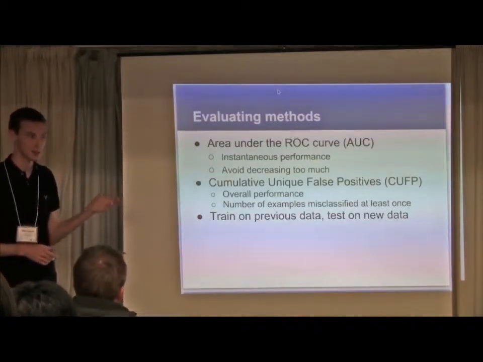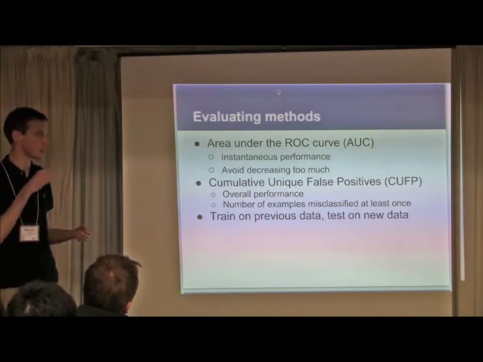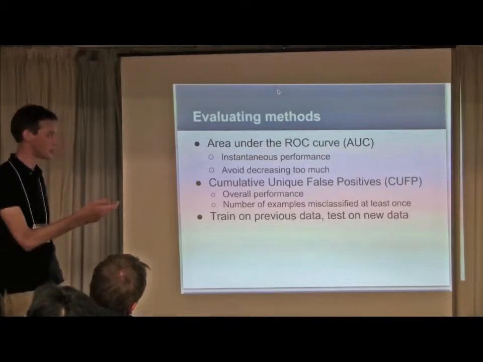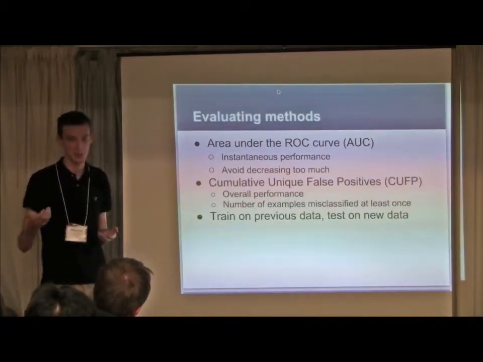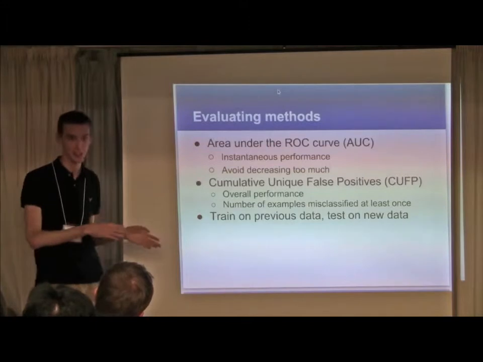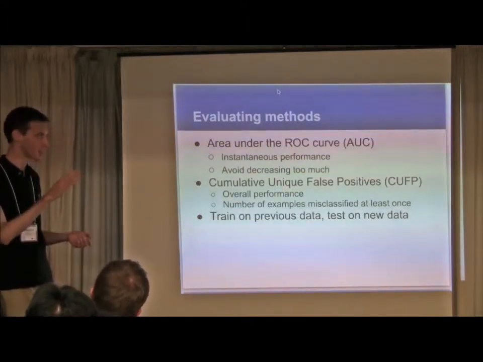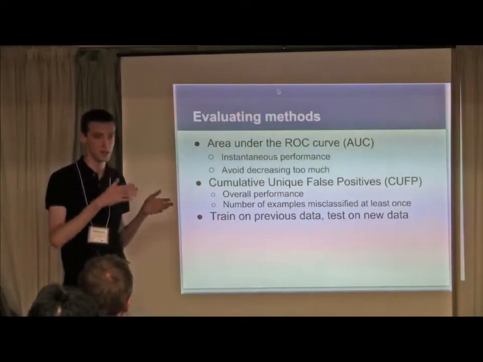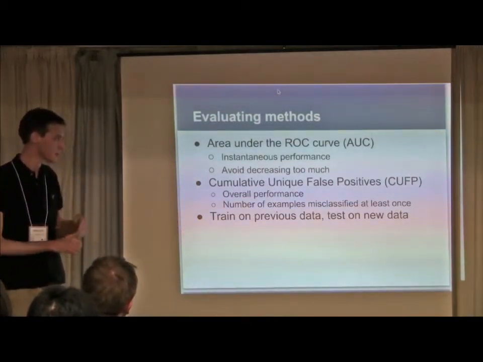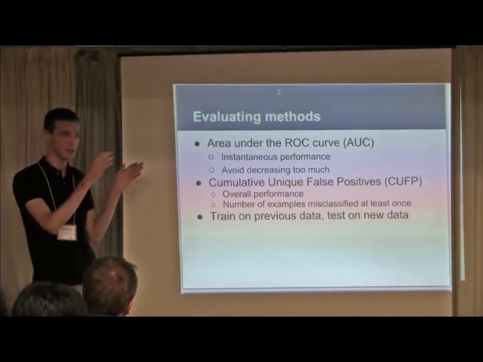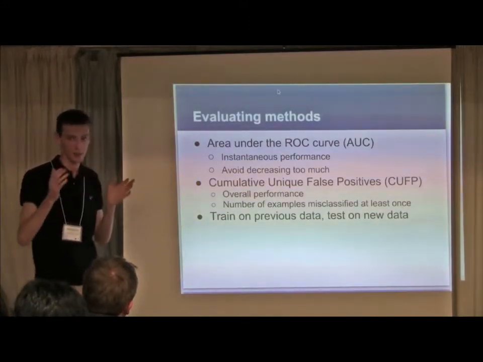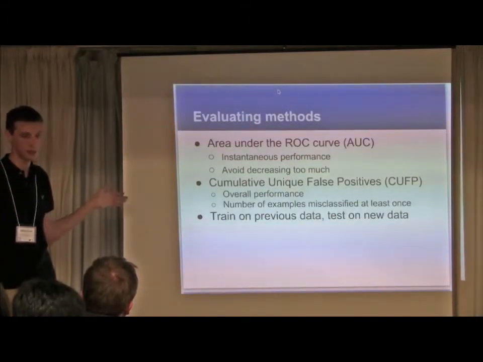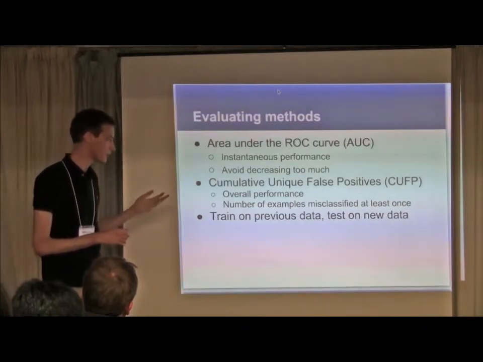False negatives also have some cost, but there's not the same permanent cost to correcting them. So this is why we used cumulative false positives. Well, the actual reason we used it is because at Google on this data set we determined that the cost was higher, but that's a good analogy. And this is a measure of overall performance of the system. The exact definition is: if we look at the sets of false positives made by each of our hypotheses, this is just the union of those false positives.